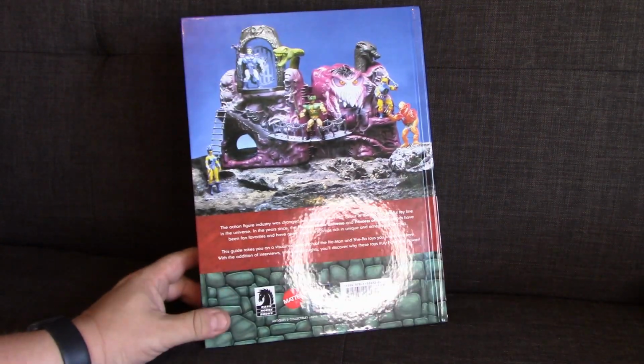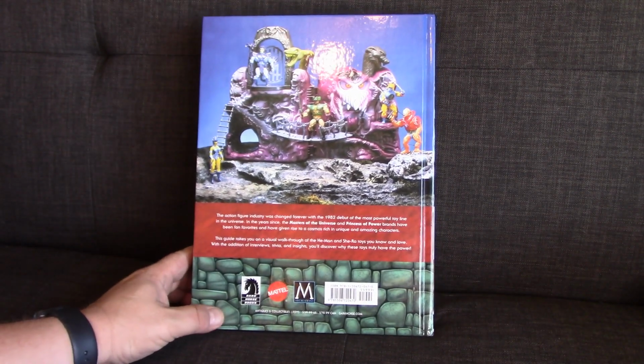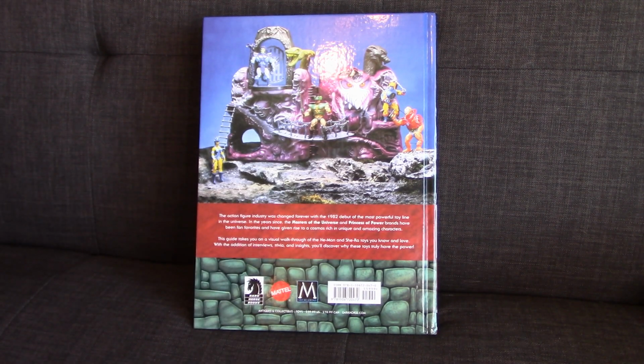But yeah, this is just an incredible book. And a little bit pricey, but I mean, it is worth it for the price, so let's be realistic there. And we got the old Snake Mountain on the back, so